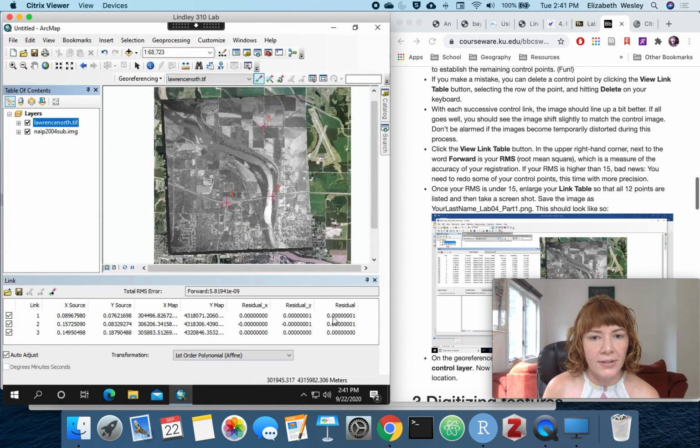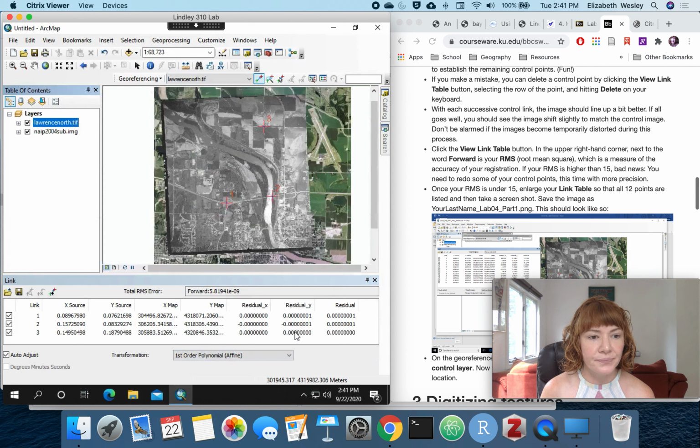And so these are the total residuals right here, which is your error terms. So right now we're looking pretty good. But as you add more, these numbers are going to change. So if there are any of these link rows where these numbers are really high, delete those first and then